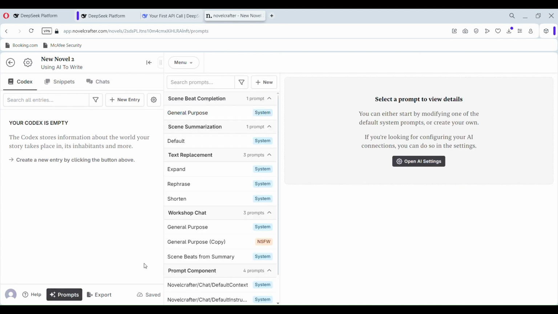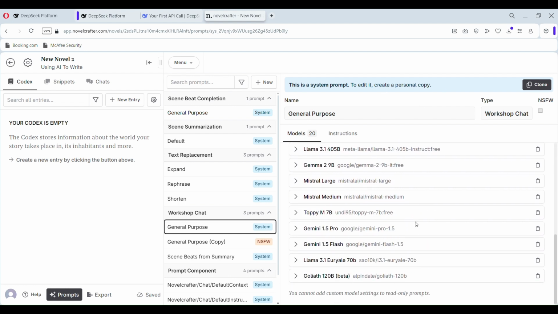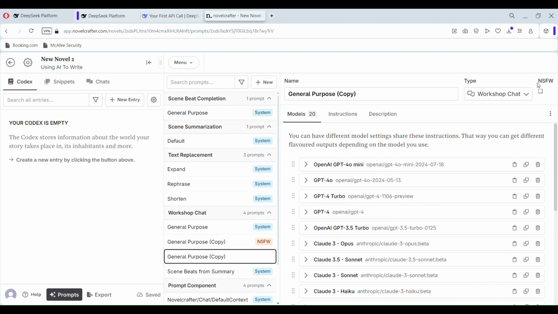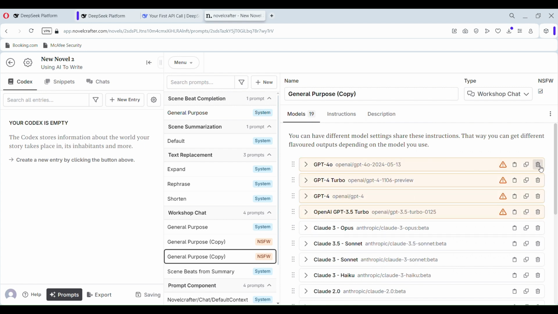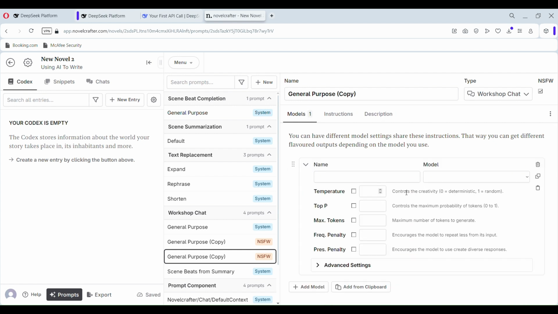All right, so once in your novel, the next thing you want to do is come down to prompts. Now, when you haven't created any new prompts for yourself like I have here, you just have system prompts. Now, system prompts, you can't do anything with, you can't change them, you can't remove anything. As you can see here, it says you cannot add custom model settings. So what you are going to want to do is clone. So you hit clone, say yes for not safe for work if that's what you choose. And you want to delete all of these and then hit add model. And here you go. Here's DeepSeek Chat